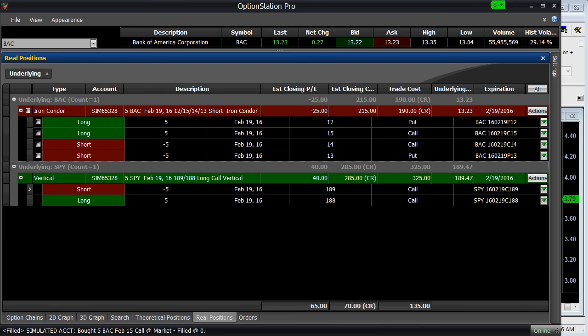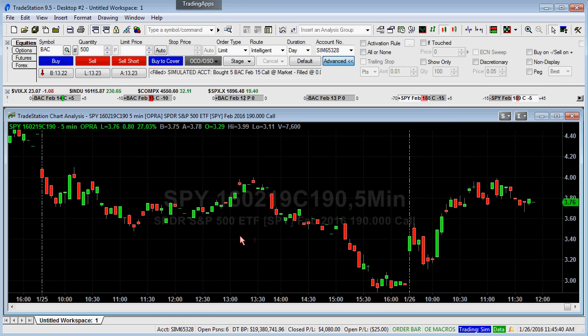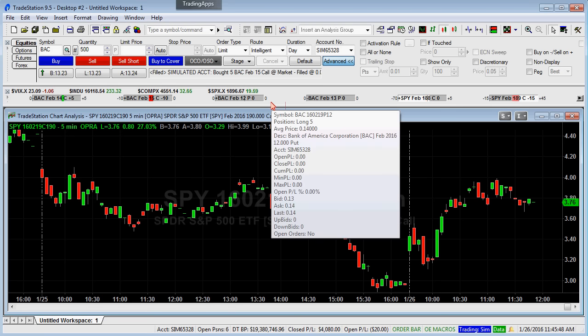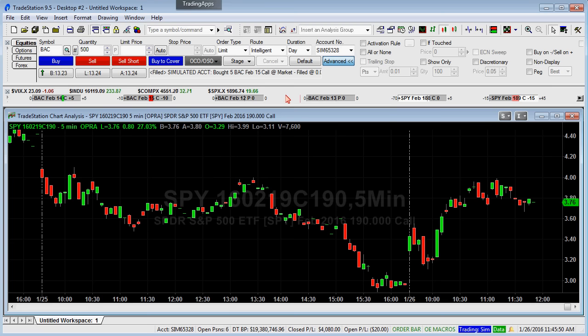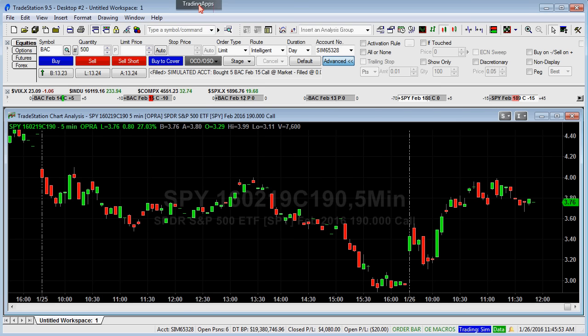All these positions are also available here in TradeStation, but I'm pretty sure you won't like to see your positions here because they are listed as single legs. You don't see the spreads. You don't see the P&L of the spread. You see the P&L of the single options. In fact, if I go here to the Trade Manager,